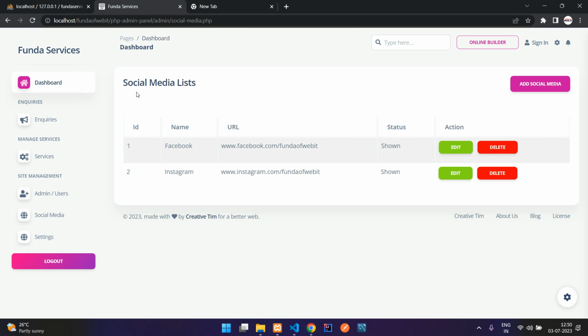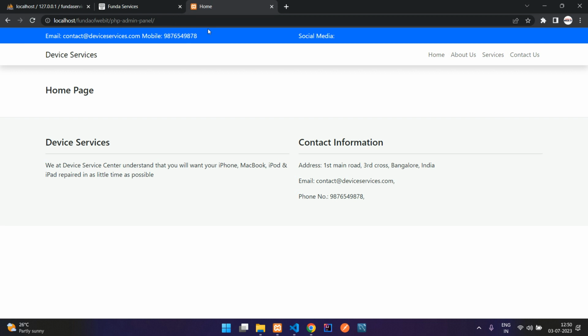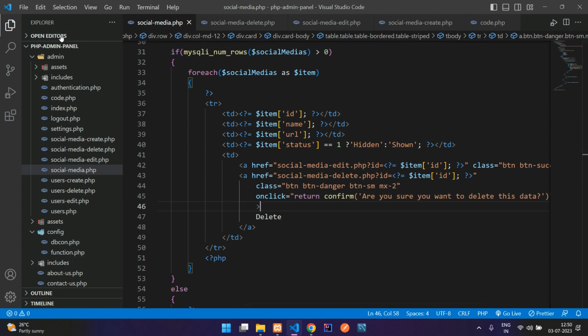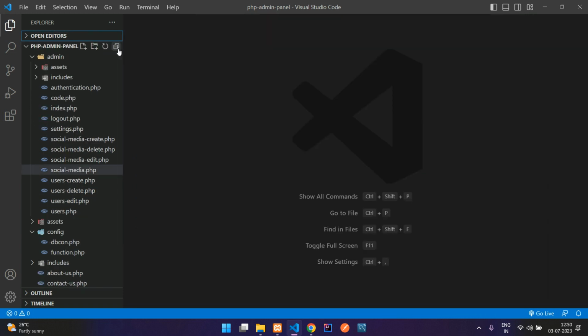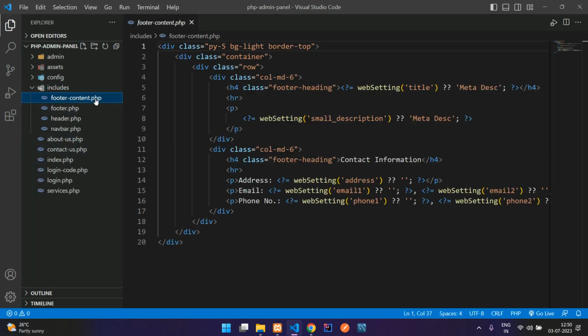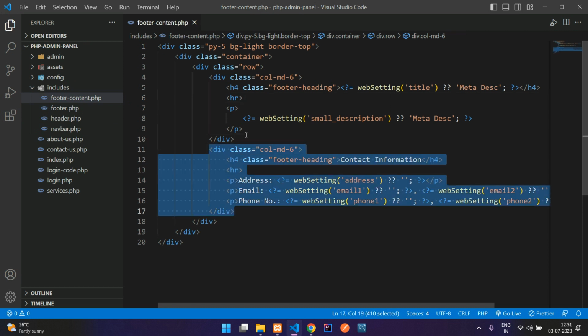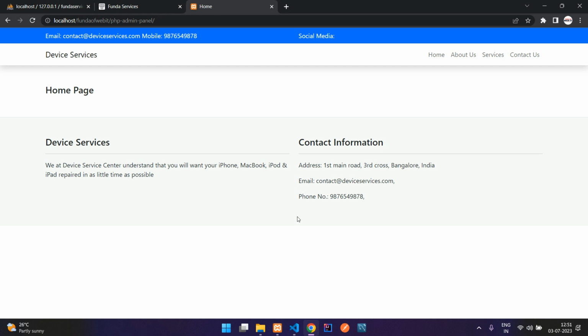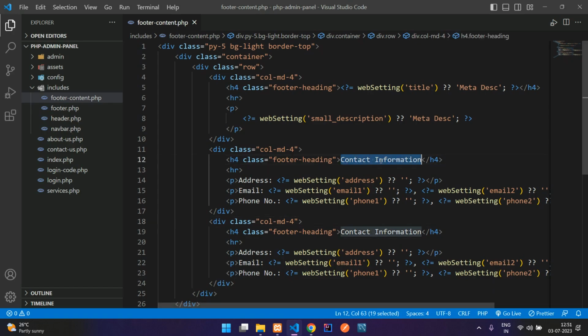Perfect. And now guys, let's display this social media list inside your front-end website. So let me just copy this URL, paste here. Okay, and now let us put that social media in this footer part. So guys, let us just close everything and move below inside the footer part. Here outside the admin folder, go to your footer contents and let us copy this and paste here and just change the column size of that, make it col-md-4, which is going to show in a 3 column-wise layout. Okay, and here let's write follow us at